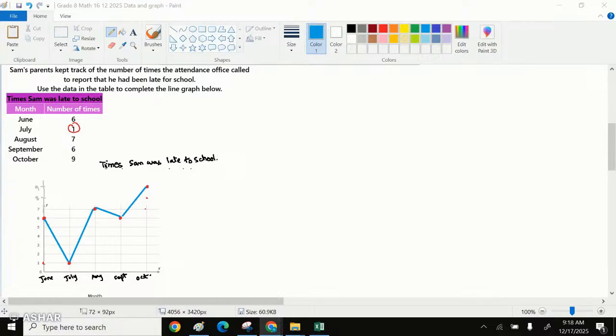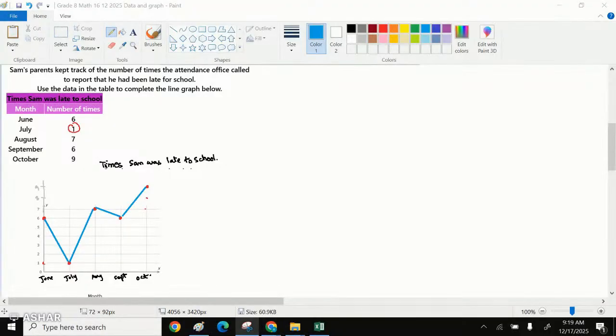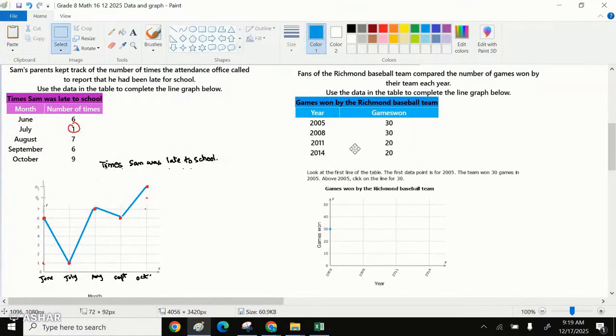Okay, that's good. Let's move on to the next question. If we would want to do the next question, let's see. A baseball team. Let's look at what happens with a baseball team. Fans of a Richmond baseball team, we are talking about the Richmond baseball team. Let's copy the question and let's try the question. If this is the question given to us, the fans of the Richmond baseball team